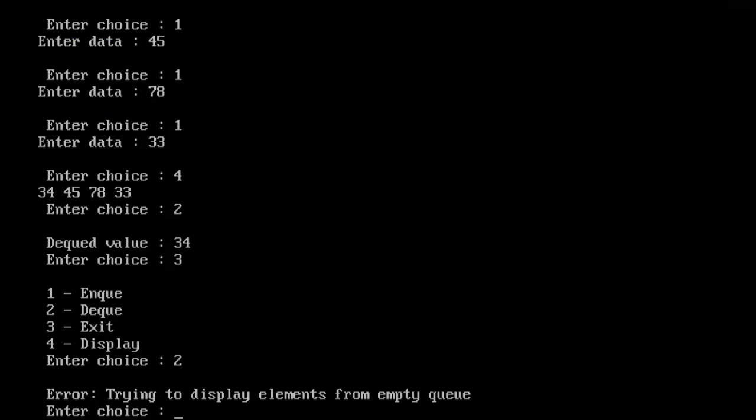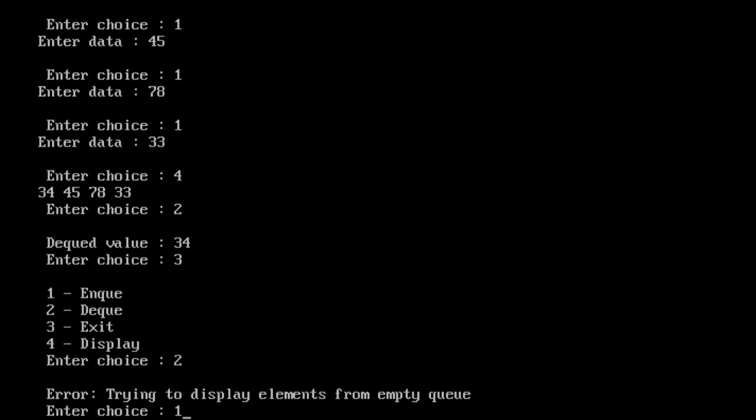All these elements, 45, 78, 33, that I had inserted, vanish after the program is closed. The memory occupied by these elements is destroyed. Now again we have to create a new queue.